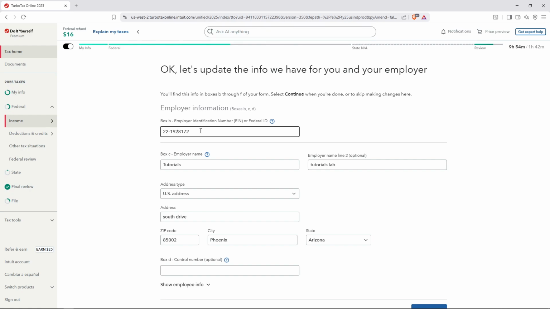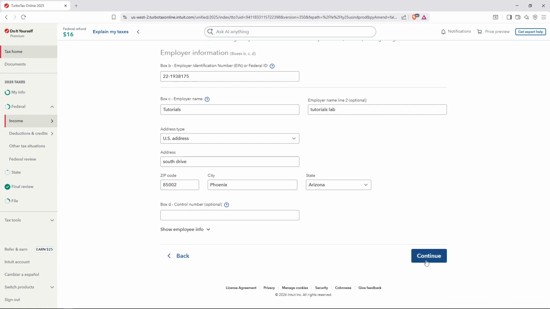Make sure to check everything this time before proceeding, as accuracy here is essential for your e-file to be accepted by the IRS. Once you've changed and corrected your EIN, scroll down and click on Continue. This will save your changes and update your return with the accurate information. And that's it. You've successfully corrected the EIN mismatch in TurboTax, and your return should now be ready to file